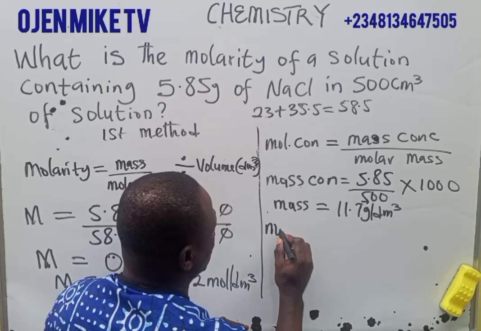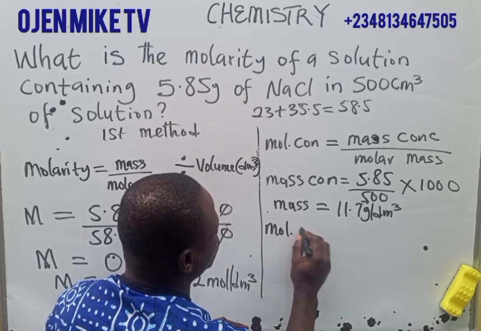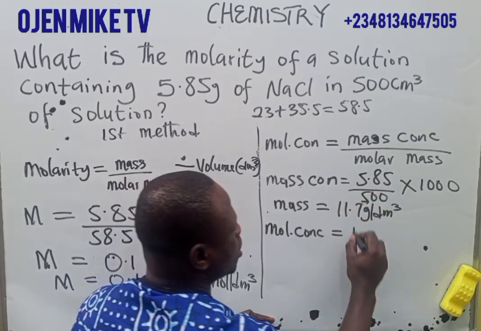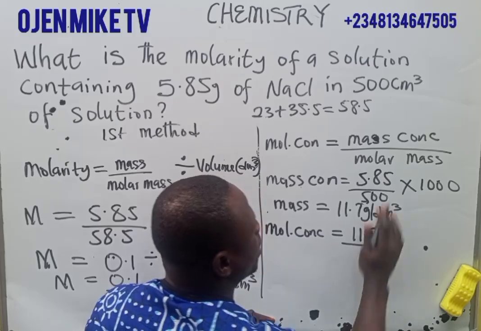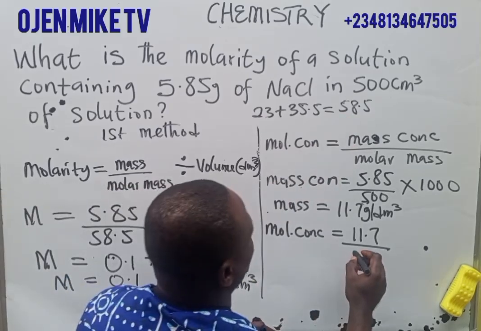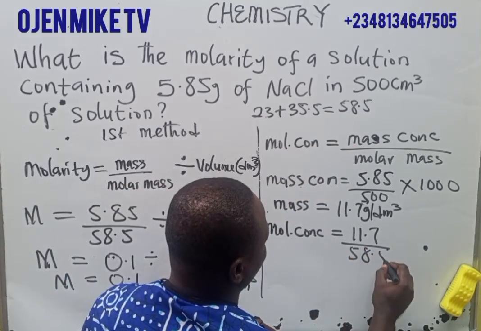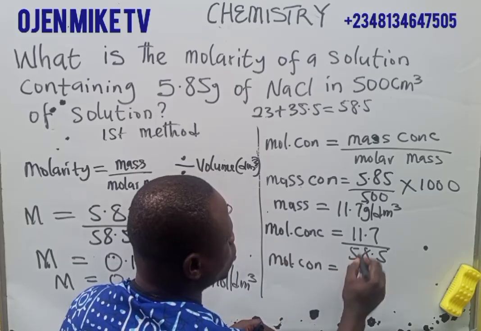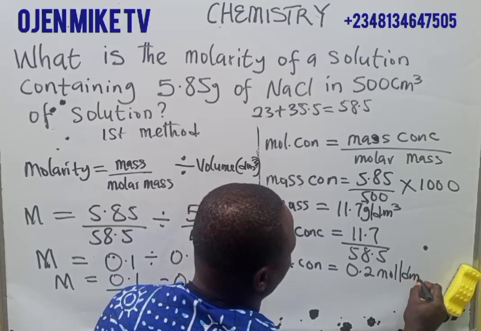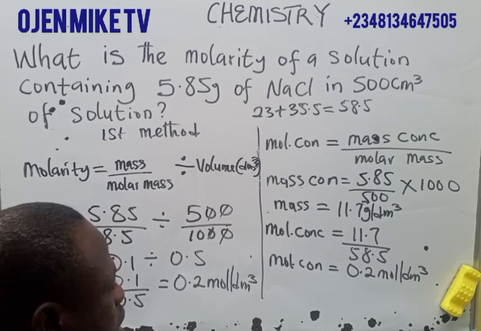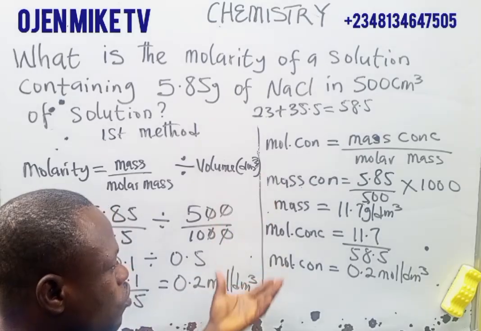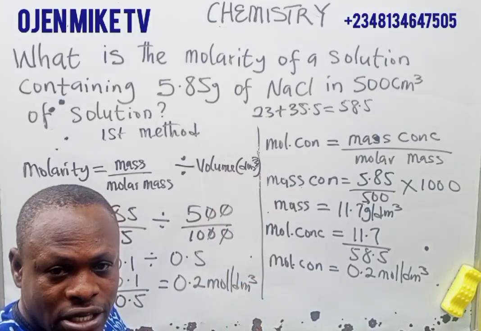So we say molar concentration is equal to, the mass concentration here is 11.7 divided by, what is the molar mass of the compound? That is sodium chloride, 58.5. So molar concentration is equal to 0.2 moles per dm cubed. So at the end of it, we have established two formulas, or two methods of solving it. So drop on the comment section the method